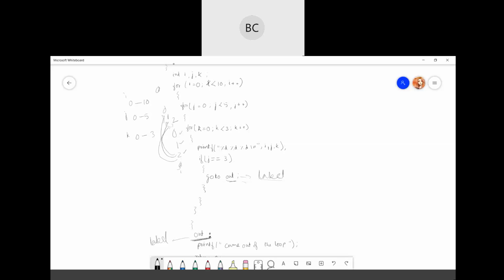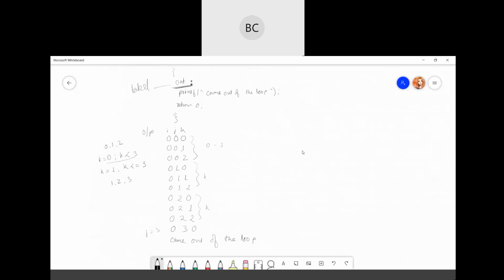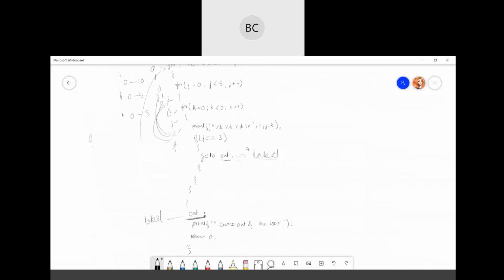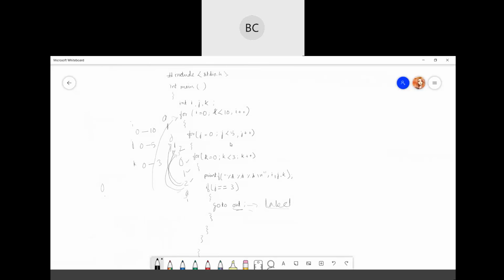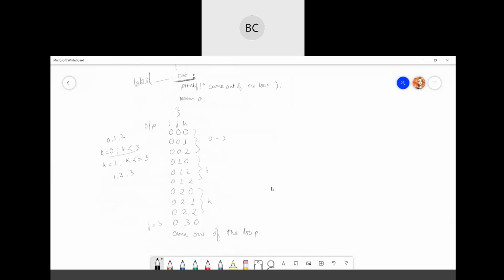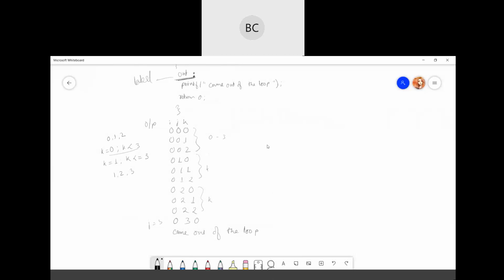If you don't put this condition here, it would have run 5 times here, meaning 0, 1, 2, 3, 4. Only after the whole j loop is completed will it go back to the i part and increment it by 1. You can see in the output that the i value is all 0, because we did not complete the j loop here. Only if the j loop completes will it go to the i part.